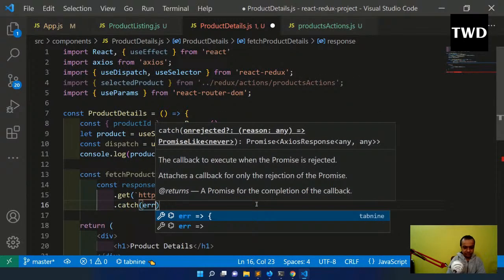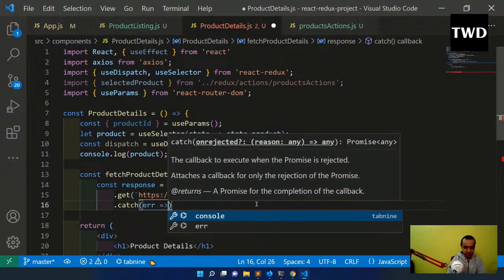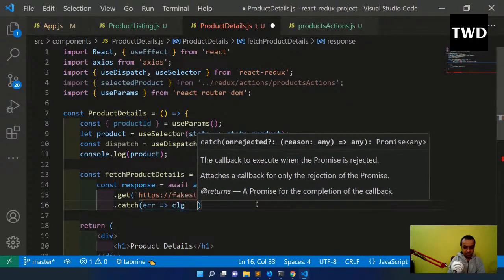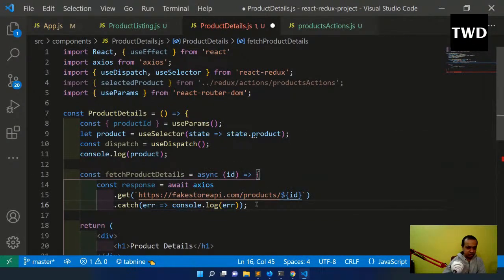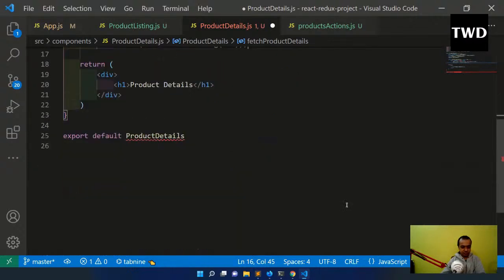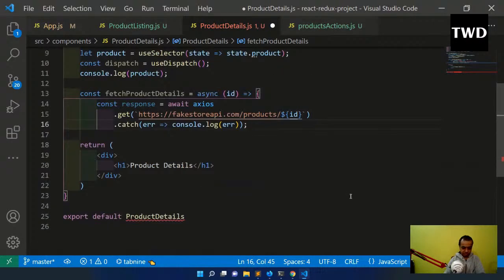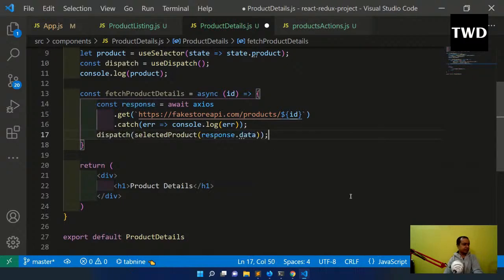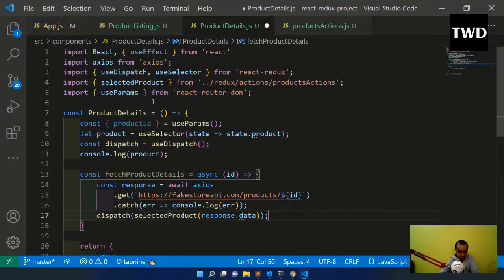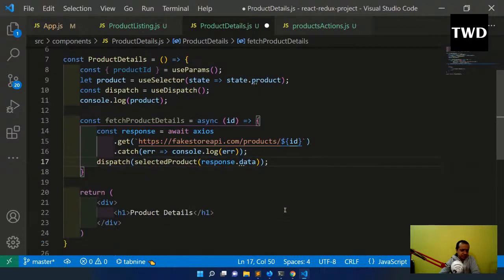error is clg, console.log error. Okay, console.log error is done. And then we are, is it giving some error? Okay, I got it. Dispatch is selected product. So this selected product, response.data we are passing it, and again we have to call it by the